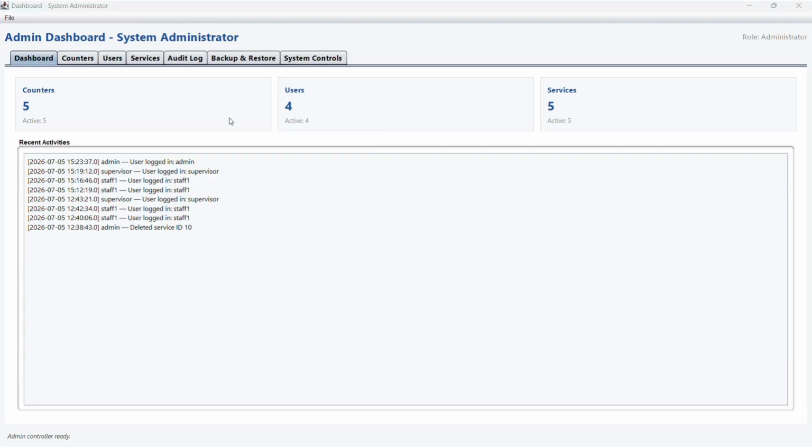The admin dashboard provides a quick glance at metrics: total counters, users, and services.